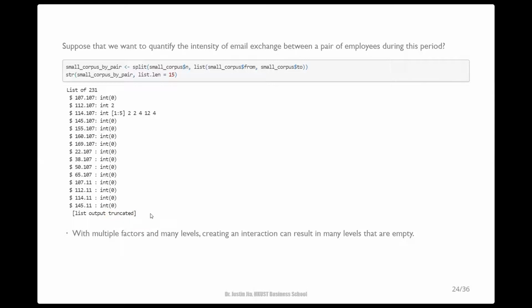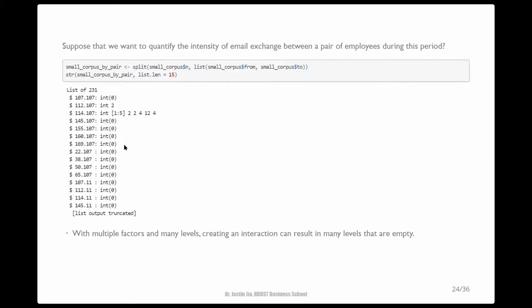But it already lets you see clearly that many of the resulting groups are empty, meaning that not every employee sent emails to every other employee in this period. So with multiple factors and many levels, creating an interaction can result in many levels that are empty.